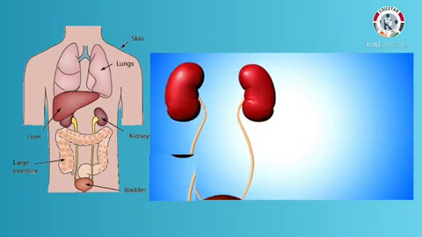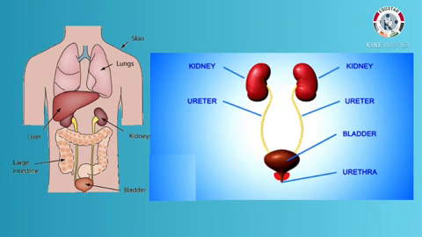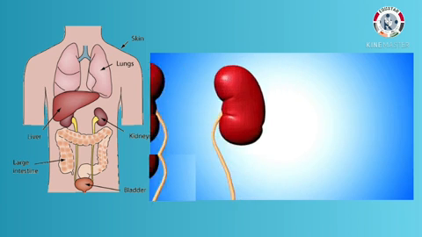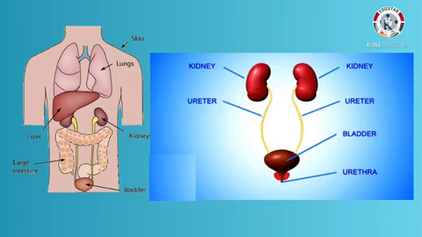Next is excretory system. The process by which the waste generated by the body is removed is called excretion. The kidneys, ureter, and the urinary bladder form the main excretory organs of the body. The kidneys clean the blood and remove the waste in the form of urine. The lungs and the skin also help in the removal of waste from our body. When we breathe out, carbon dioxide is thrown out of the body through the lungs. The extra water and salt is thrown out by the skin in the form of sweat.